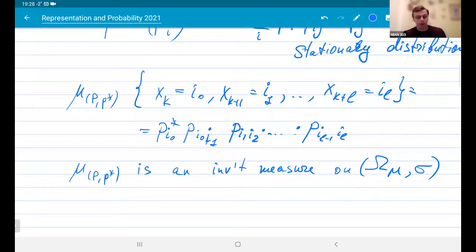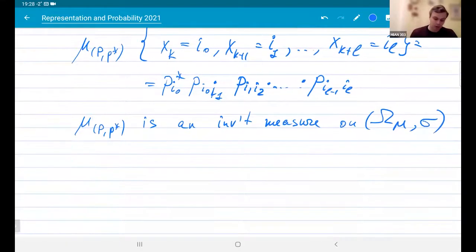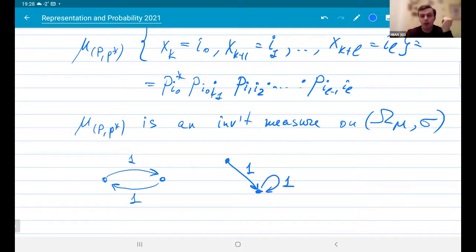For example, we can consider a measure that goes like this. So you have two states and you have, with probability 1, that at each step you go to the next state. There are even worse cases. For example, consider this probability matrix, these transition probabilities. This is, in fact, quite an interesting example. So let's consider two states, A and B, and this situation.